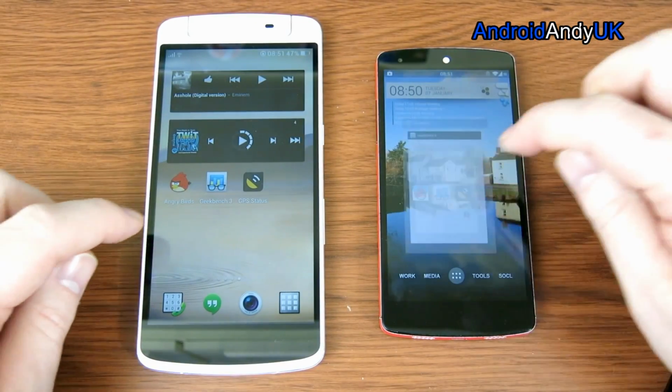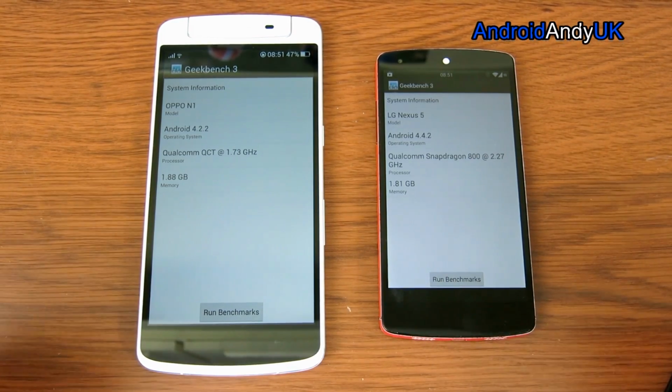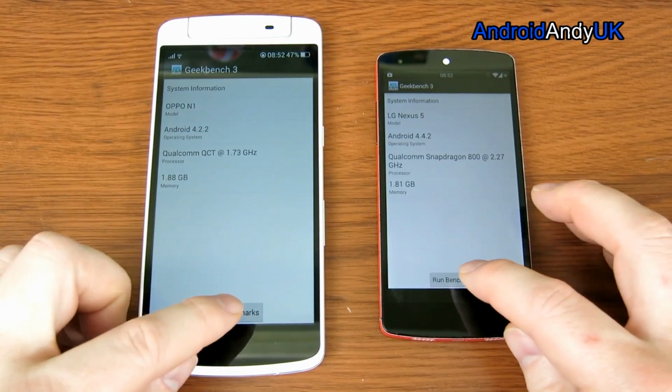Next we're going to do the benchmark test. A lot of people don't like the benchmark test, but again, it's just a bit of an indicator. The real test or the real measure is how smooth a device is in use, but it's really hard to quantify that, to put a number to it. So we're going to go ahead